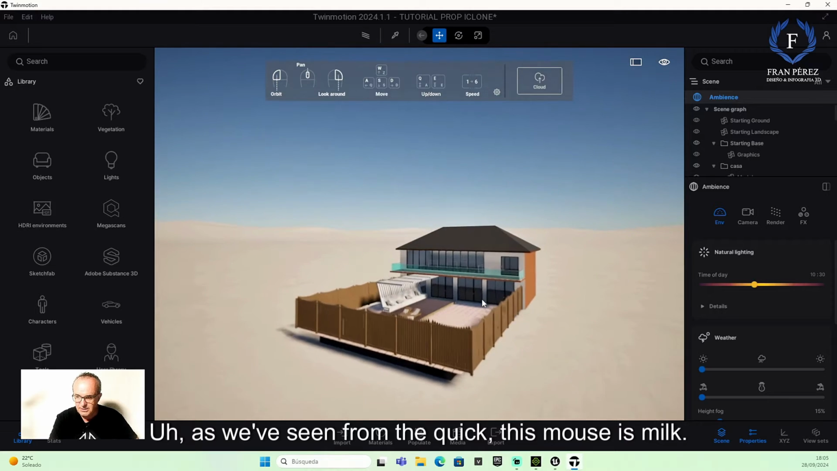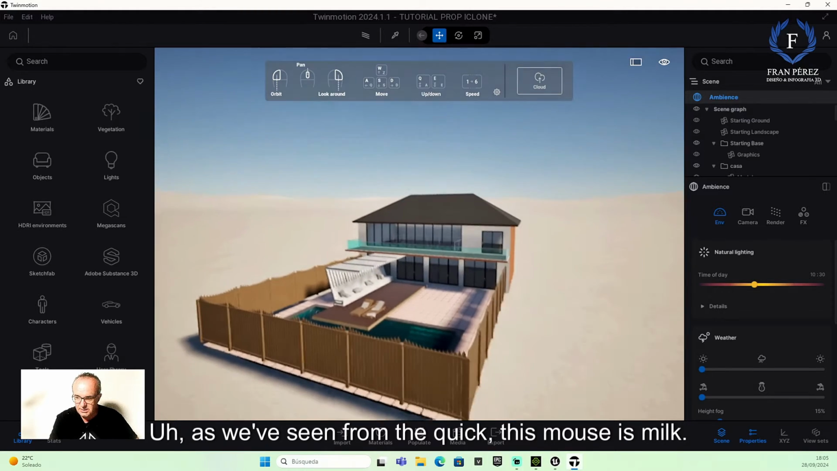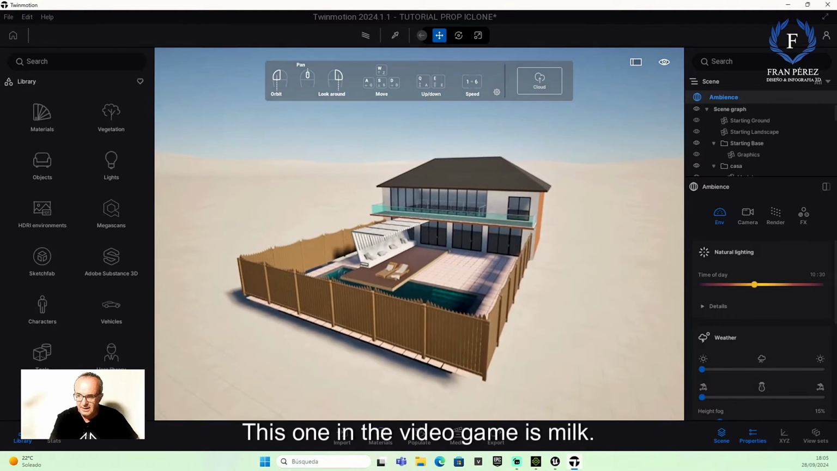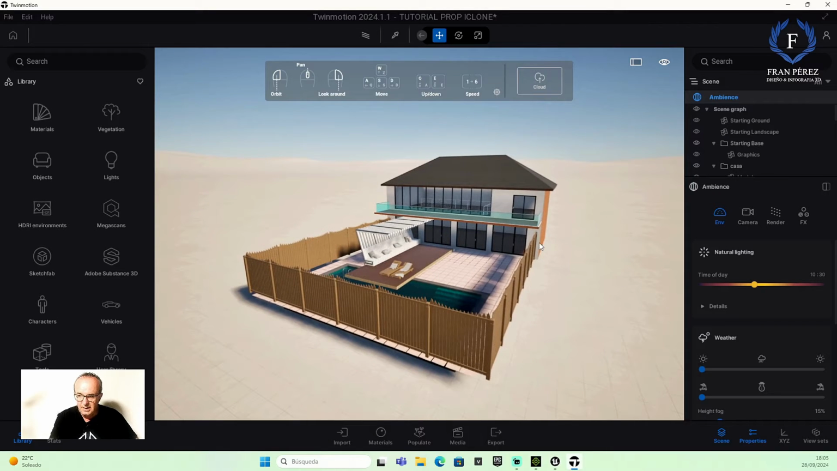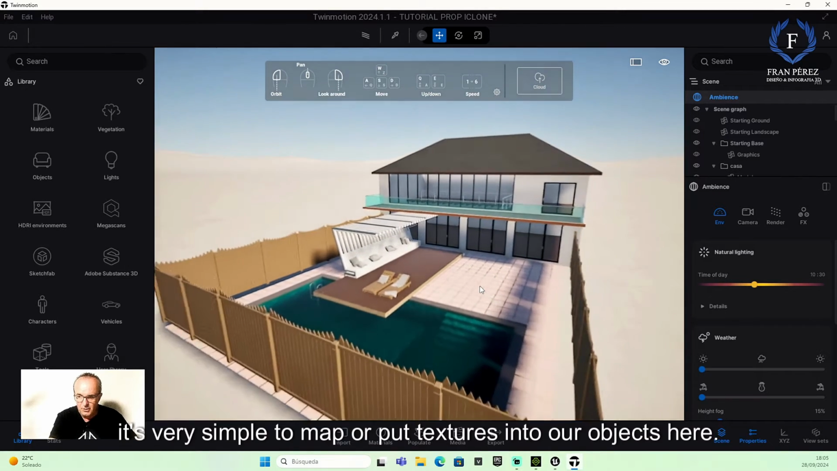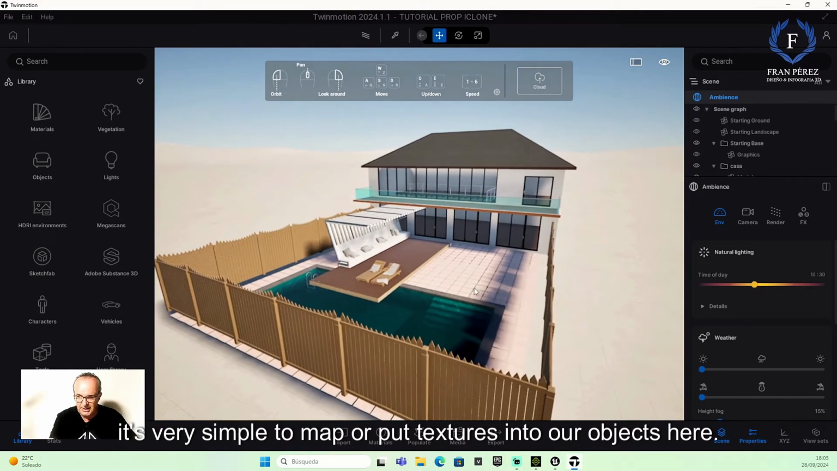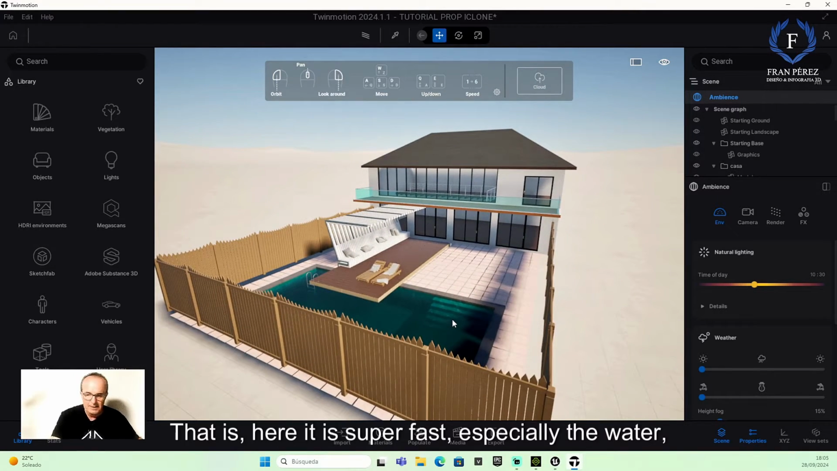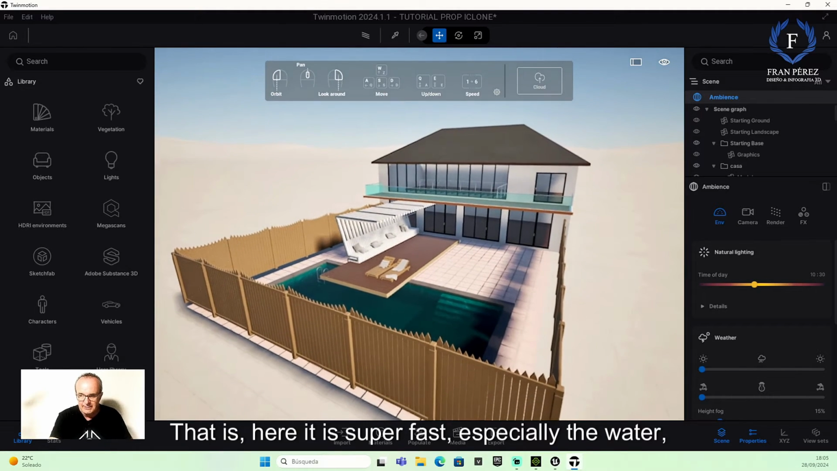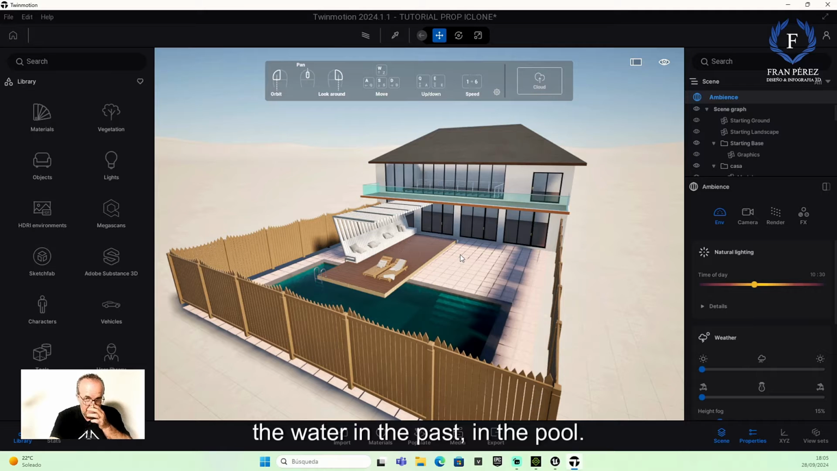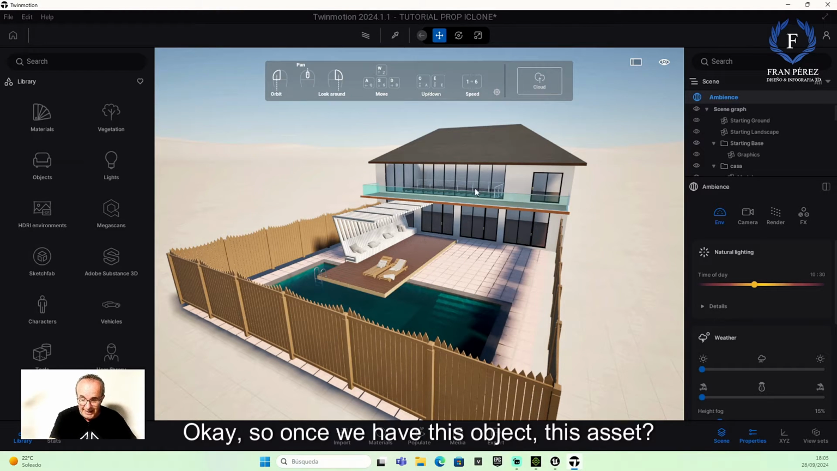As we've seen from the quick, this mouse is Milk. This one in the video game is Milk. Well, it's very simple to map or put textures into our objects here. That is, here it is super fast, especially the water, the water in the pool. Okay? So once we have this object, this asset,